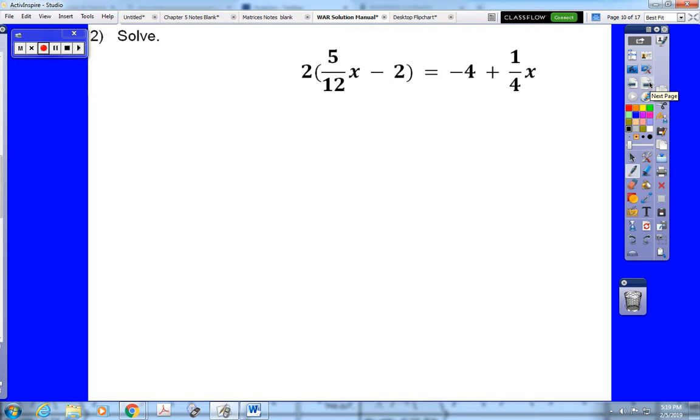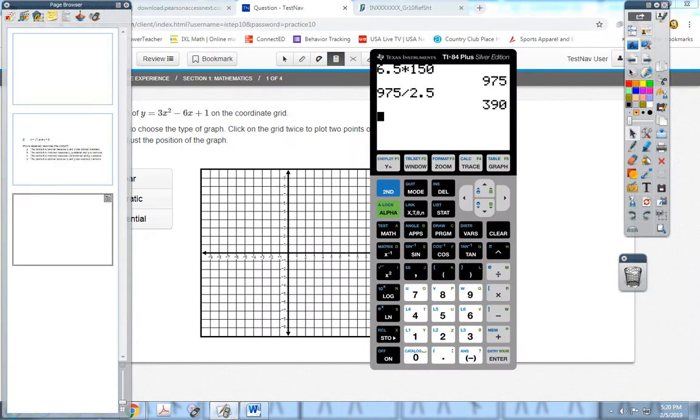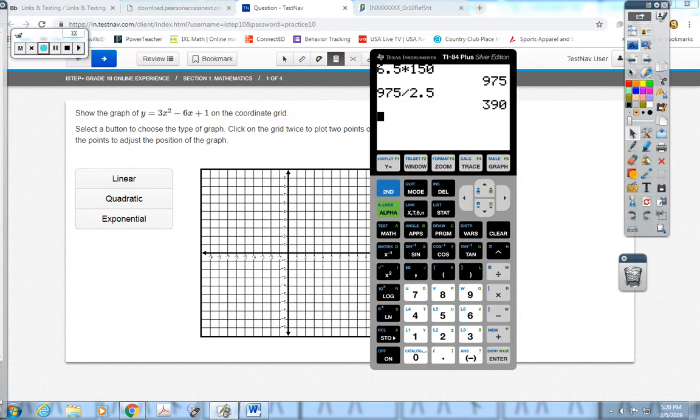Okay, here we are asked to solve. So we have 2 times (5/12 x minus 2) equals negative 4 plus 1/4 x. Now anytime you see parentheses, your opening salvo, your opening move should be to distribute. So you might need to do 2 times 5 over 12 on your calculator. That is easily doable. Okay, 2 times, go into math,